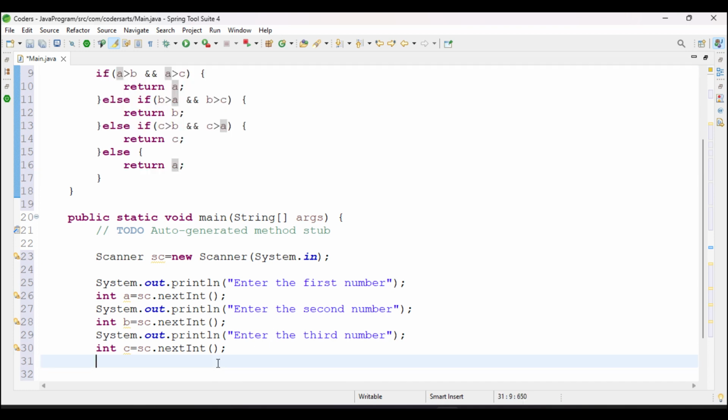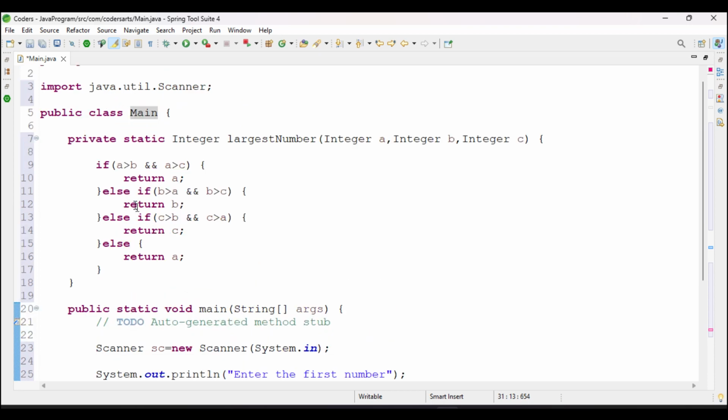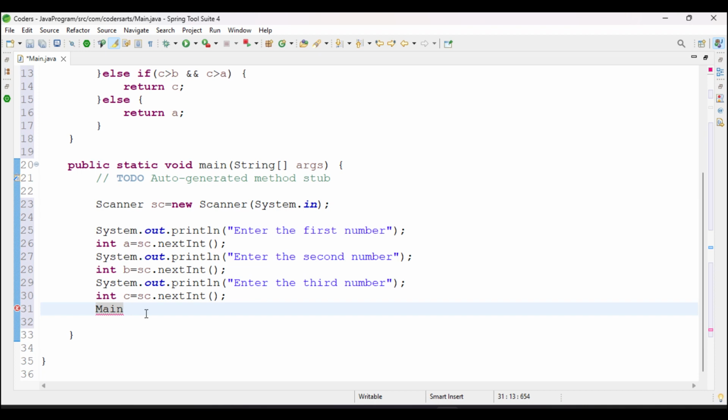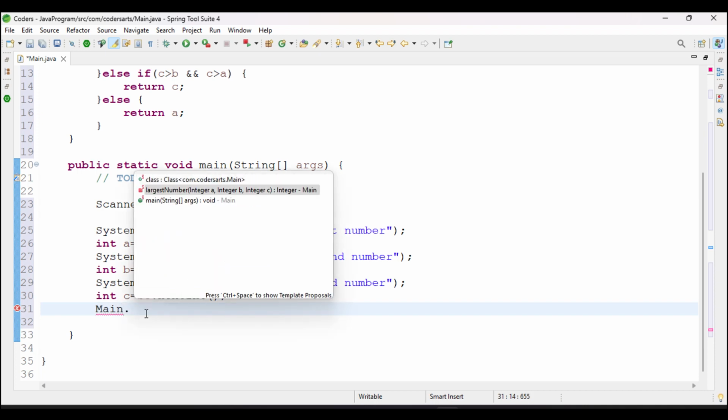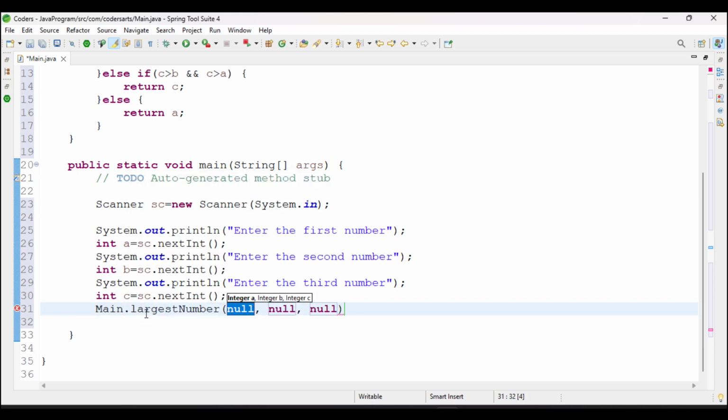And we have to just pass these integers. So I will call the main method. To call this method, we have to first call the class name because it is static, and we can directly call this method by using this. And we have to pass a, comma b, comma c. And we are getting a return type, so we have to store that also equal to that is